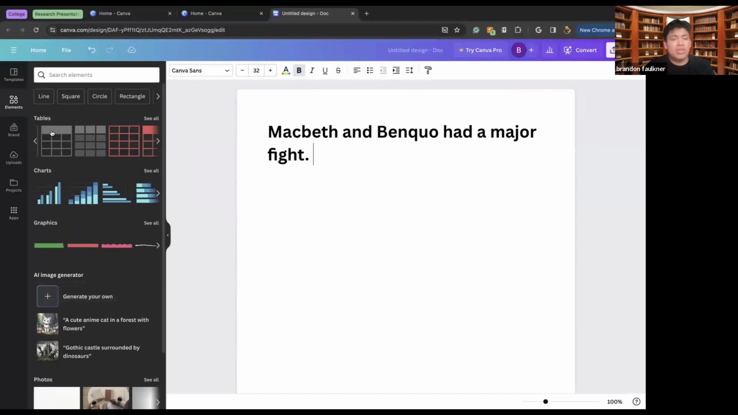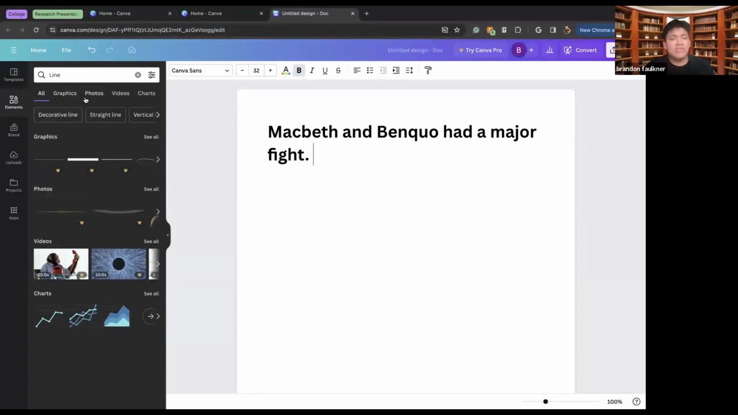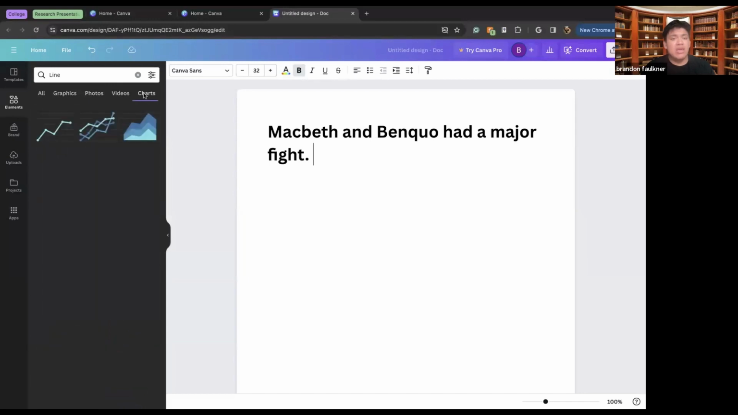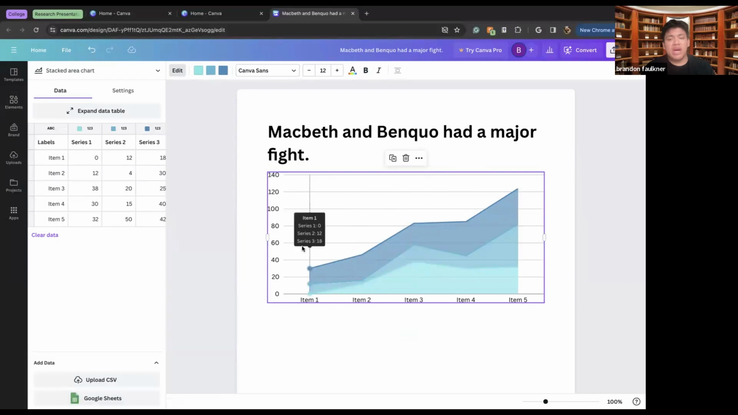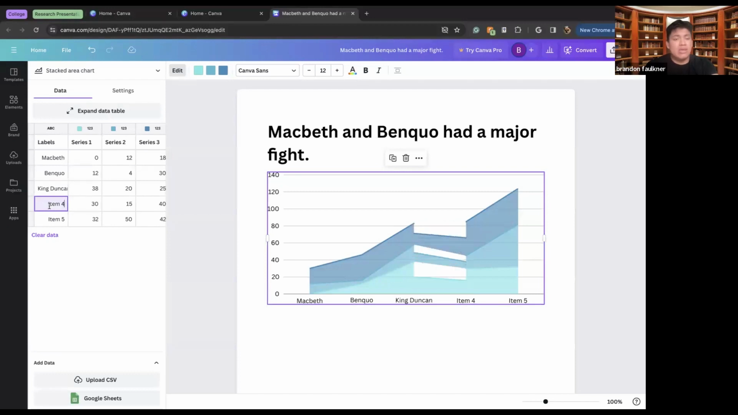I can add different tables. I can add different lines, different squares, different photos, different videos, different charts. So if I want to see the progression of how Banquo and Macbeth over time started separating, I can customize all this to my liking. And I can say, okay, Macbeth here during the beginning of the play was rather noble. And there are a few characters that represent the idea behind Macbeth wanting complete